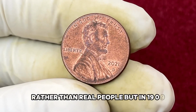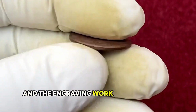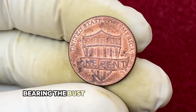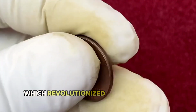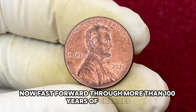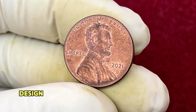But in 1909, under the direction of President Theodore Roosevelt and the engraving work of Victor David Brenner, the United States Mint released a copper 1-cent coin bearing the bust of Abraham Lincoln on the obverse, which revolutionized the symbolism of American currency. Now fast forward through more than 100 years of changes, including variations in metal composition, design transitions